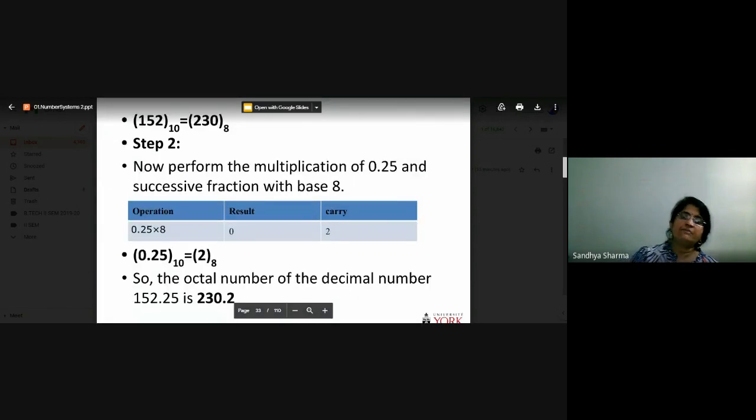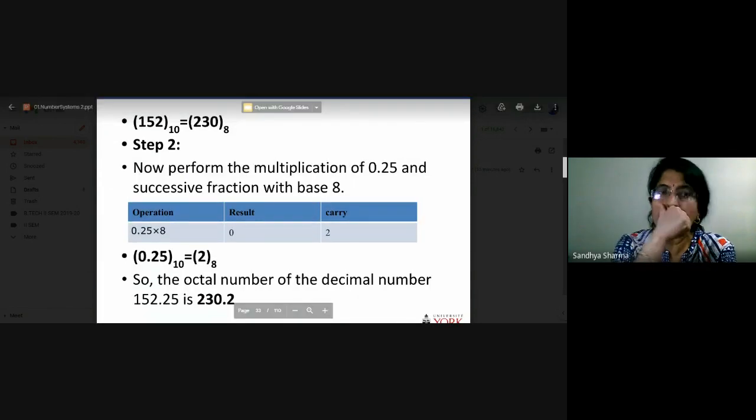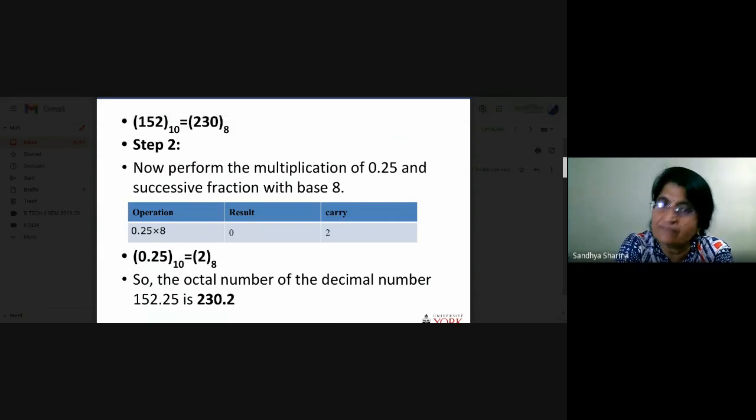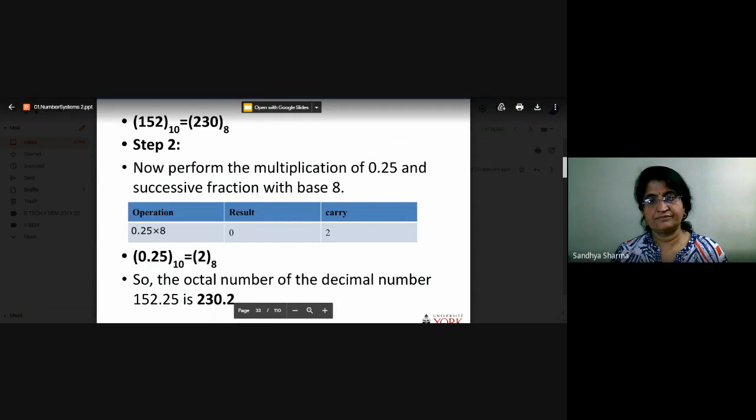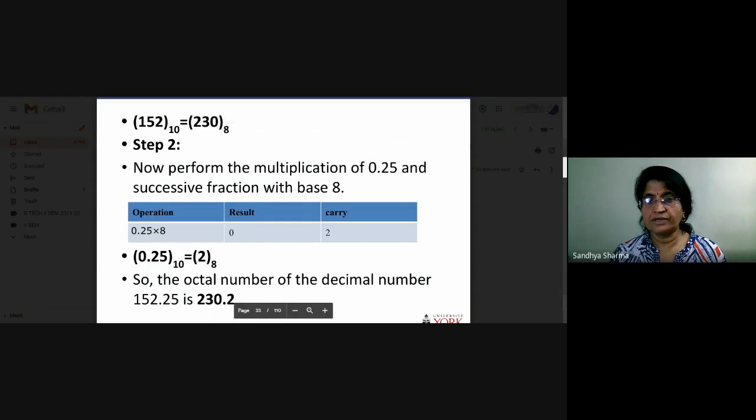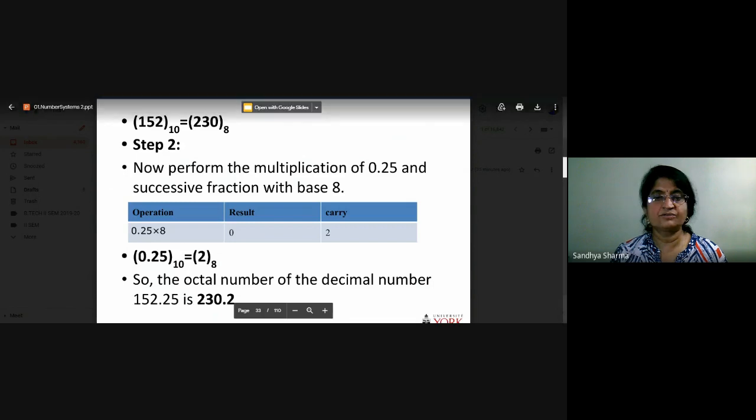Multiplications. But now what will happen? You do not have only an integer part, you also have a fractional part. And what is the role of the fractional part? When you are working on the fractional part in the octal number system, that particular digit will be multiplied by 8. So why 8? Because the base of that system is 8. So we are using only the base value, so 8 to the power minus 1. So this is the result, the total number of the decimal number system, that is 232.2.